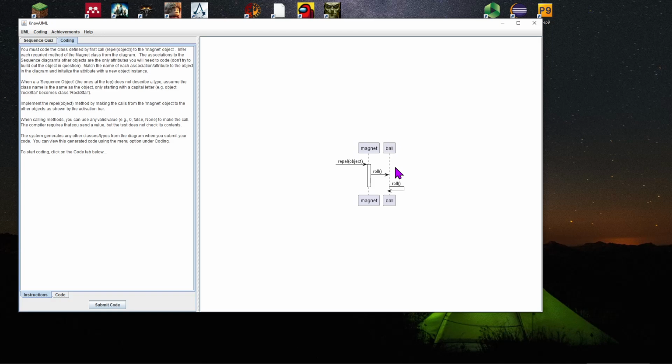So there's a couple different ways you can run KnowUML. You're going to need Java on your machine. A somewhat recent version of Java, not super recent. I think 15 is what it is. It might be 11, but I think it's 15. And you can either run this directly or you can run this through a tool